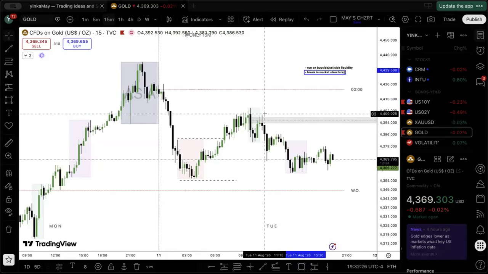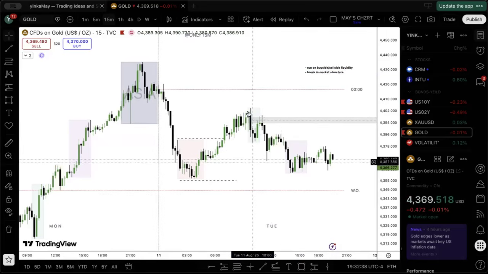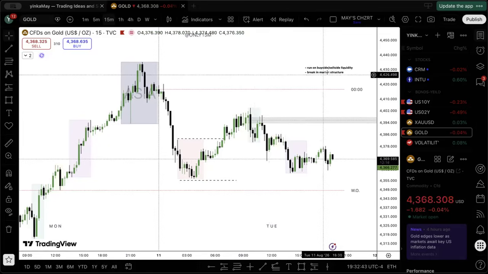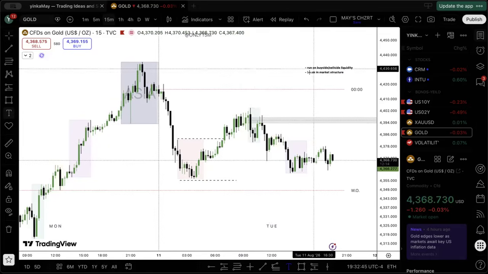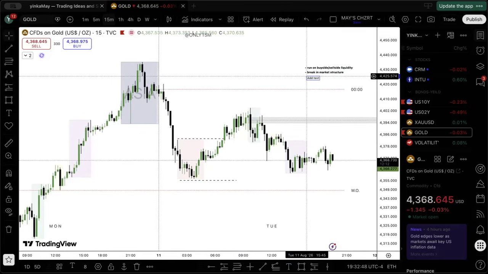That is what we do in the inner circle from 2 p.m. till around sometimes 4, 5 p.m. We sit down Tuesday, Wednesday, Thursdays, and we're looking at price together, figuring out setups. Look at this. Price breaks lower, and then we want to see the last thing. Like I said, it's a very, very simple three-step process. Run on buy side liquidity, which we are looking at as London's high, breaking market structure, which we have seen here, and then a return back into the premium of the range. I'll explain that.